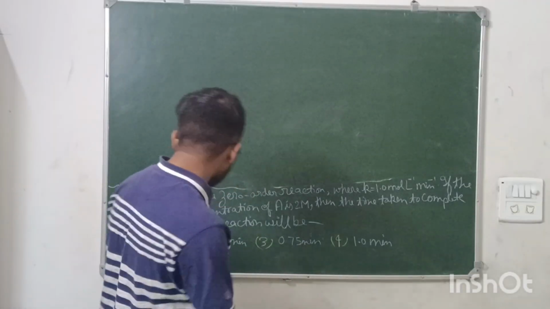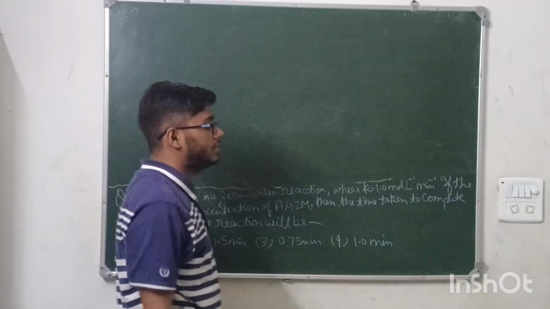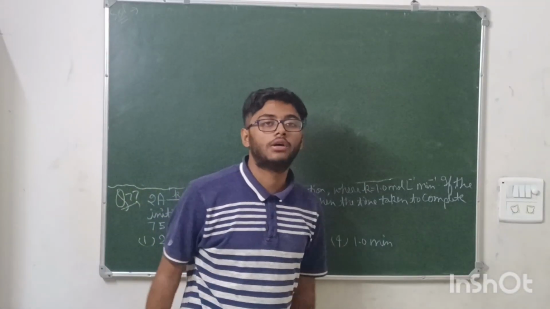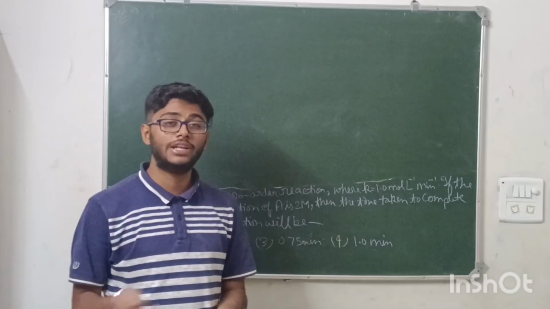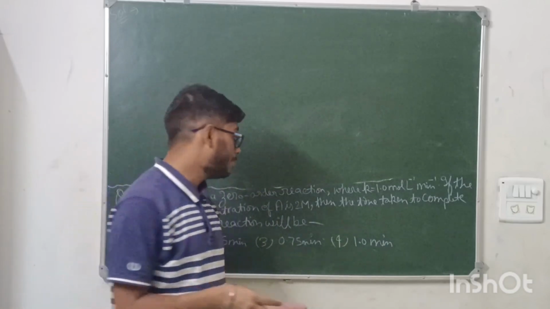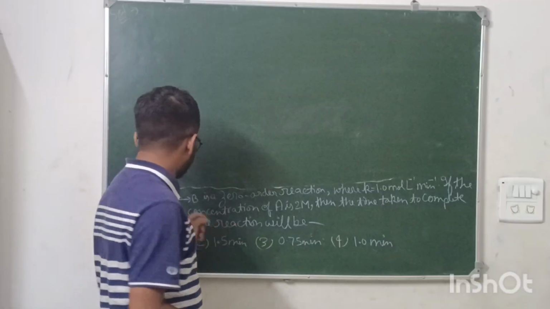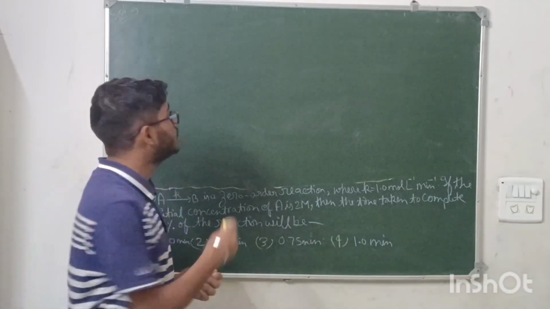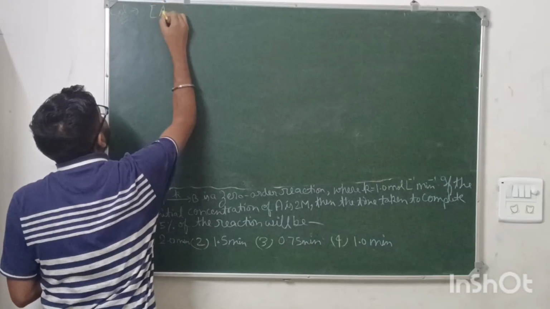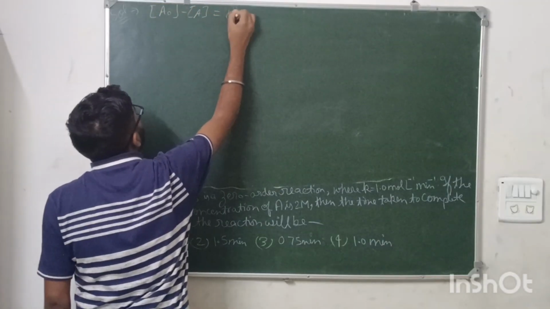First of all, in kinetics, students generally go for the formula. You don't need to focus on the formulas; focus on the derivations, how that formula came, because in this question derivation will be a great part. If you see a zero order reaction, we know one equation: initial concentration minus final concentration is equal to K times T.